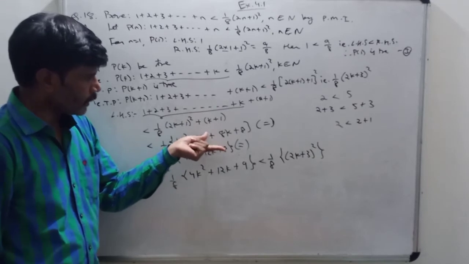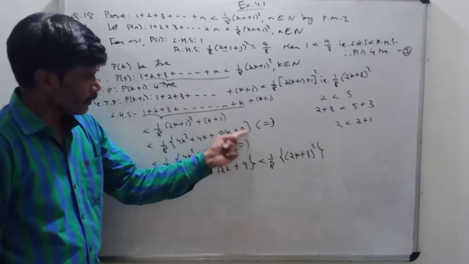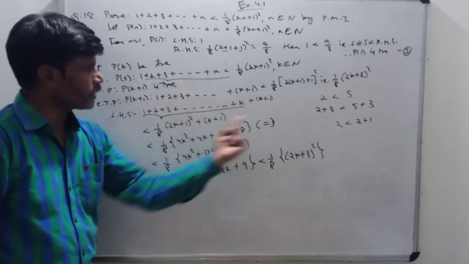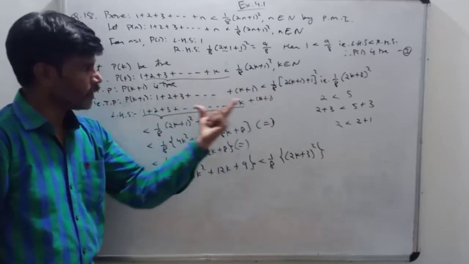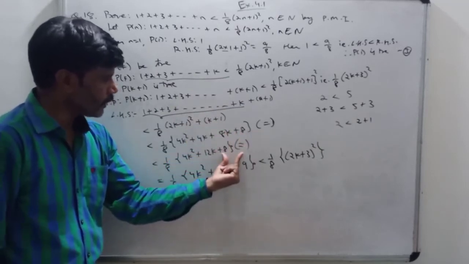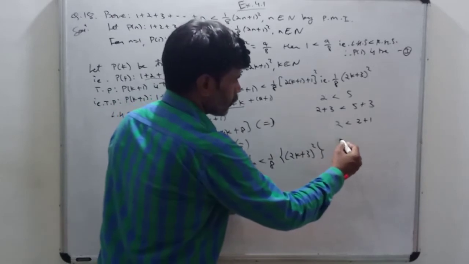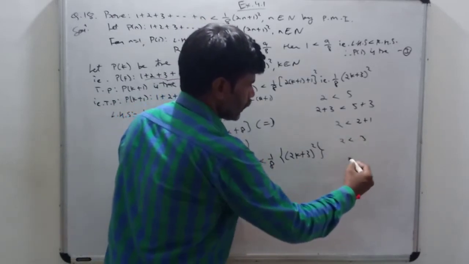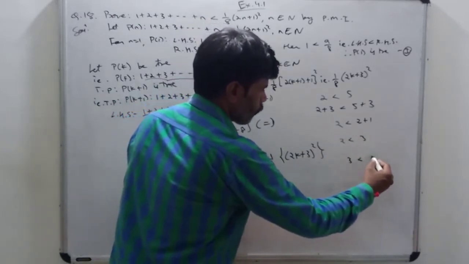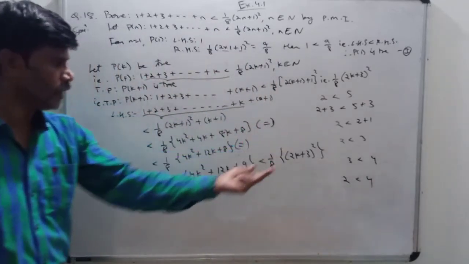These two are same, these two are same, but overall we want to compare with this. Overall we want to compare with this. So this term is less than this. Okay, this equals this equals this, and this is again less than this. So what I can say, 2 is less than 3, 3 is less than 4. So finally 2 is less than 4, no? That concept only we have used here.